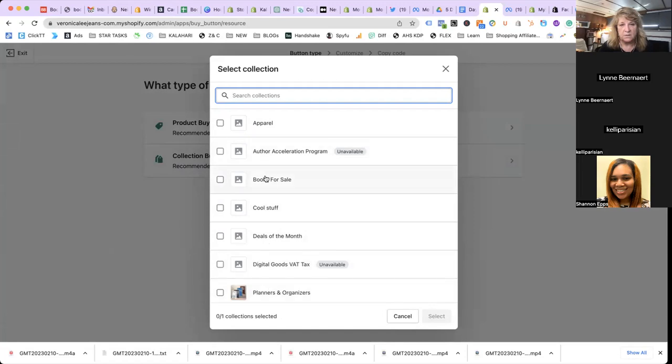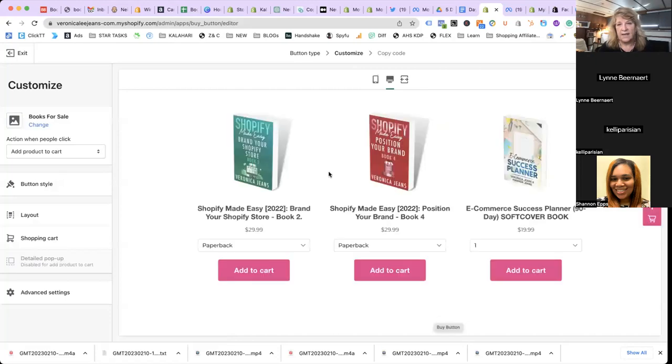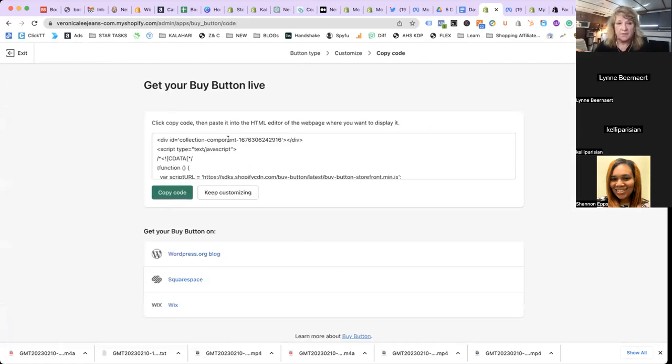Let's look here. Books for sale. So it adds my collection. That could be a really good little button, a code to actually add to your blogs, right? So you're going to go and copy the code and literally put it in. You don't have to do anything. You put it at the bottom of your code. So if I'm copying this,